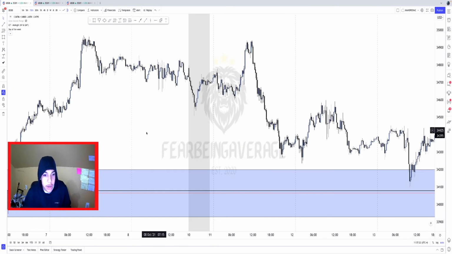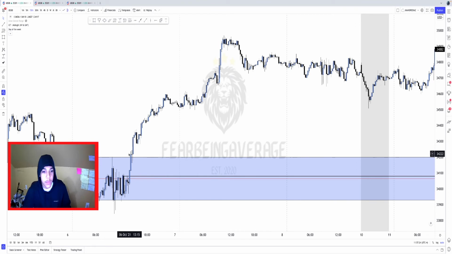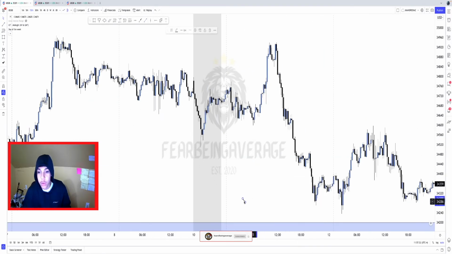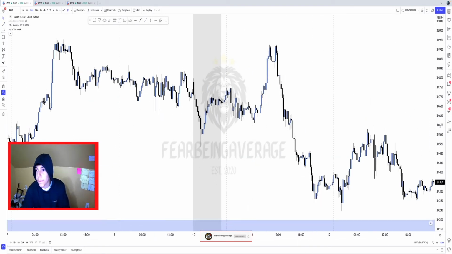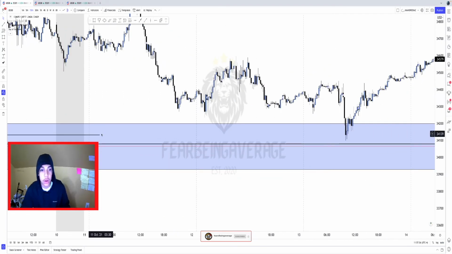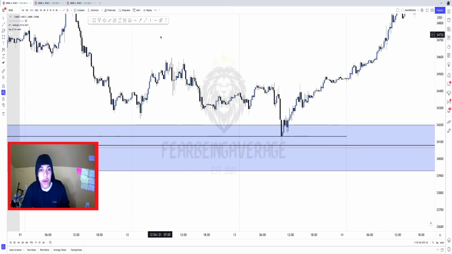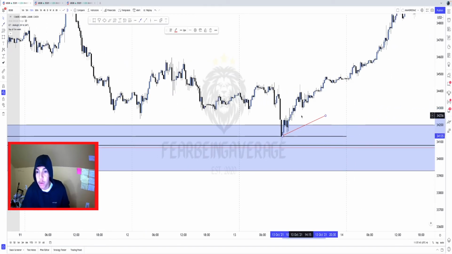You can see that right here, this last up candle before this down move, we're going to pull this over from the high of that candle. We're going to pull it all the way over, and we're going to see how price respected it. Look at that. Right here, based off of the 15-minute, you can see price came into this 15-minute order block,